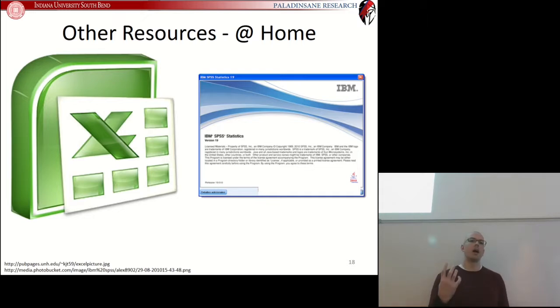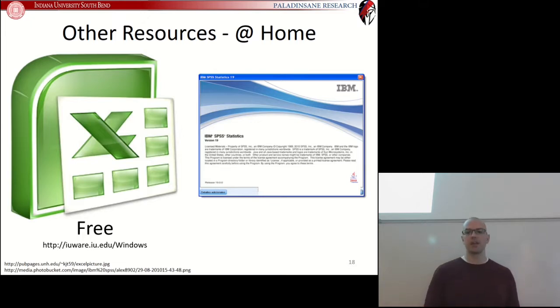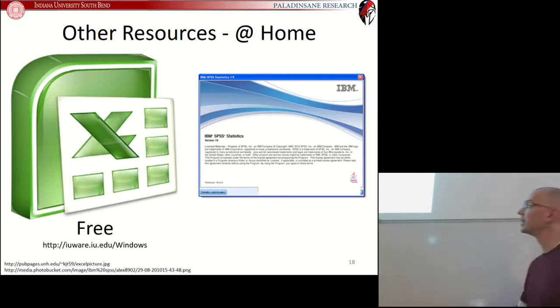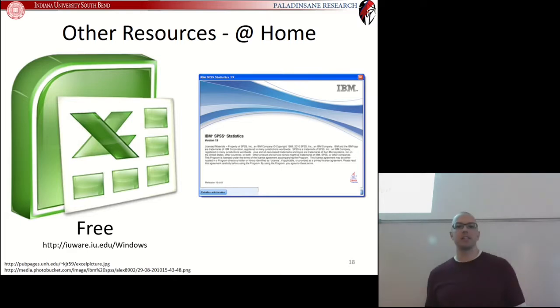If, on the other hand, you need to do some of your homework at home, just know that you also have access to all the resources that you need in order to do this work at home. So if you do not have Excel at home yet, I would highly recommend you go to IUware and download it. You can get a free license for Excel to install on your computer that you can use for free as students here. They paid your subscription fee. But more importantly than that,